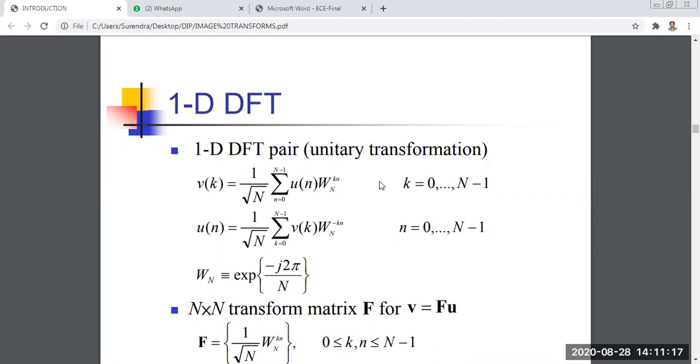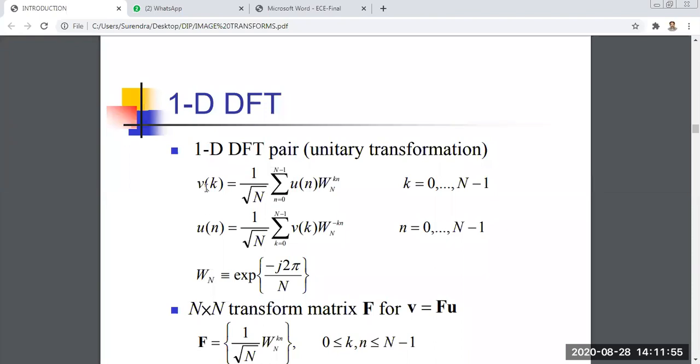Okay. Suppose here, let us consider there is a unit step u of n. Already you have learned this in signals and systems and digital signal processing. In signals and systems, u of t is a continuous signal, but here it is u of n. Still we didn't go to the image; at present I am still in signal. Suppose my signal is u of n, that is a unit discrete step.